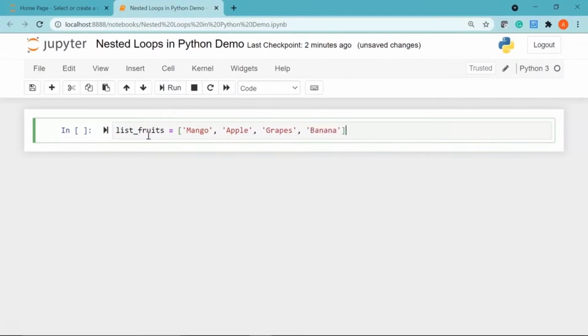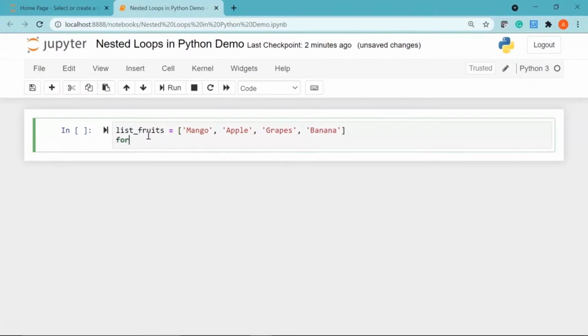Alright, now I'll create my outer loop. So I'll say for fruit. Now this variable can be any valid Python variable. This is basically known as an iterator or an iterator variable. So I'll say for fruit in my list, which is list_fruits that I have declared in my first line. I'll give a colon